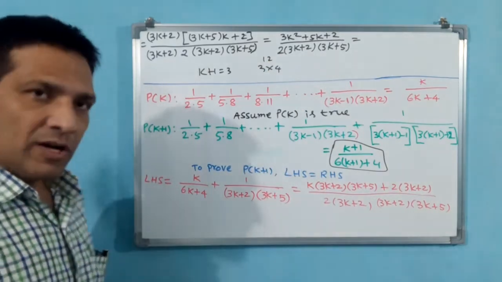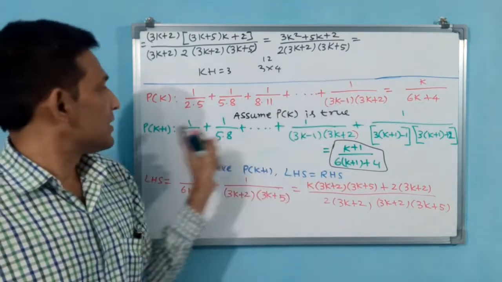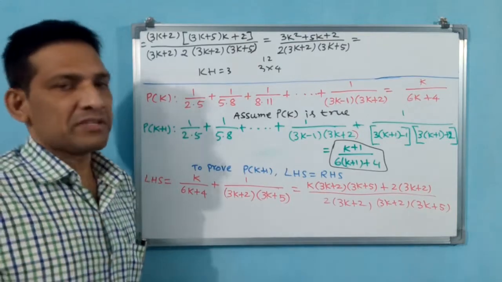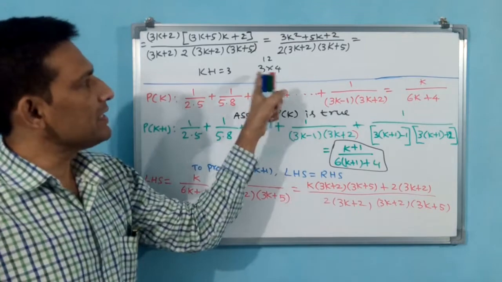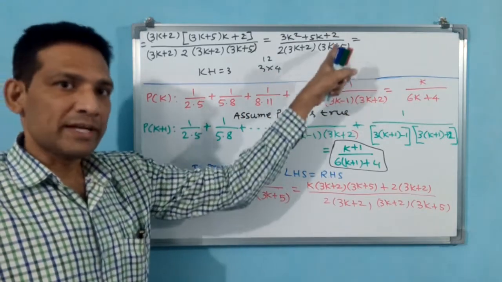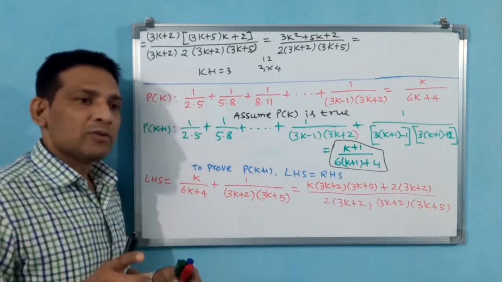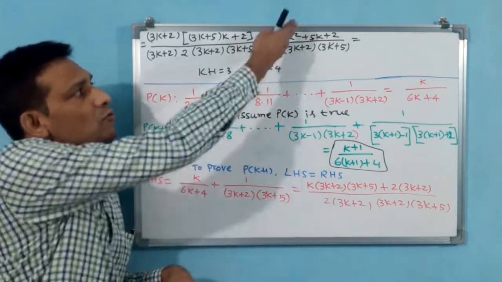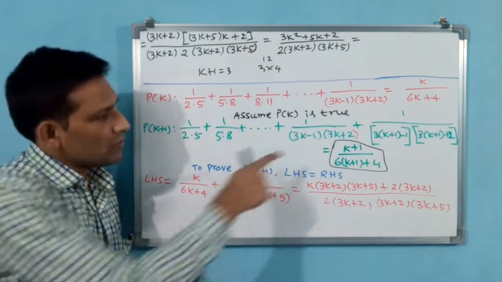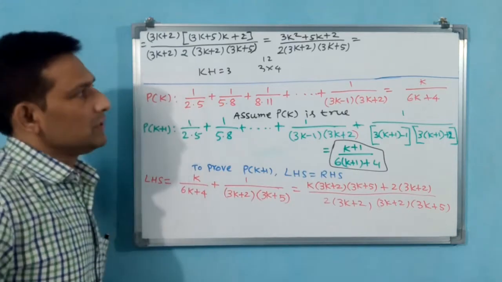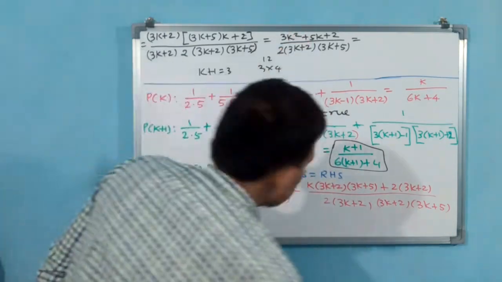Here two options are there. One option, by seeing RHS, you proceed. That is best. Another one, see, this is a quadratic equation. You can solve it. If you solve, automatically 3k plus 1 into 3k plus 2 like that will come as the answer. But that system, if you follow, may not help for all. Why? Because now a quadratic is there. In the next question a cube may come. If a cube comes, again you have to follow this only, k plus 1 only. What I am going to do, I am dividing with k plus 1. Let us see what is going to happen.